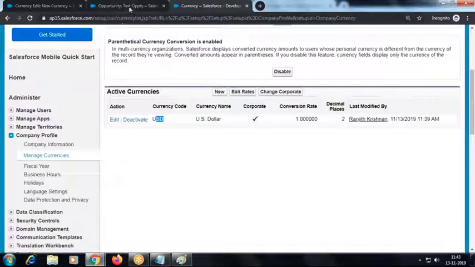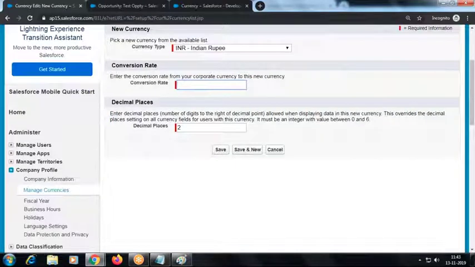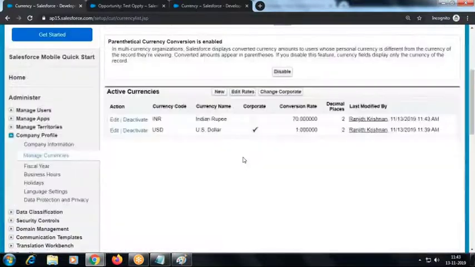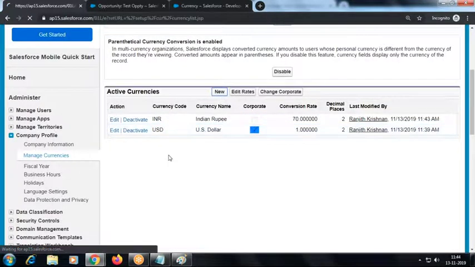US dollar. So from US dollar, what is your conversion rate? So maybe 70 rupees, and that you have to add. People got this? So one of the currencies should be a corporate currency. If I'd like to add other currencies here,